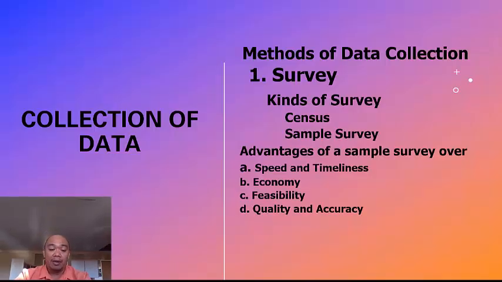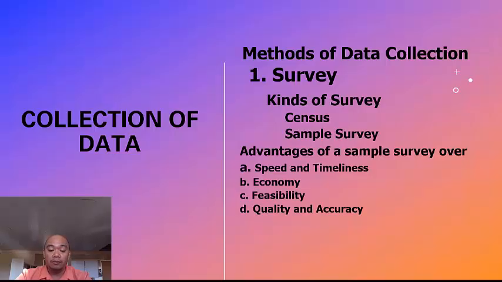And another advantage is the quality and accuracy. When properly conducted, a sample survey usually yields more accurate results since a small, highly skilled group of enumerators are likely to make fewer errors in the collection and handling of data than large census